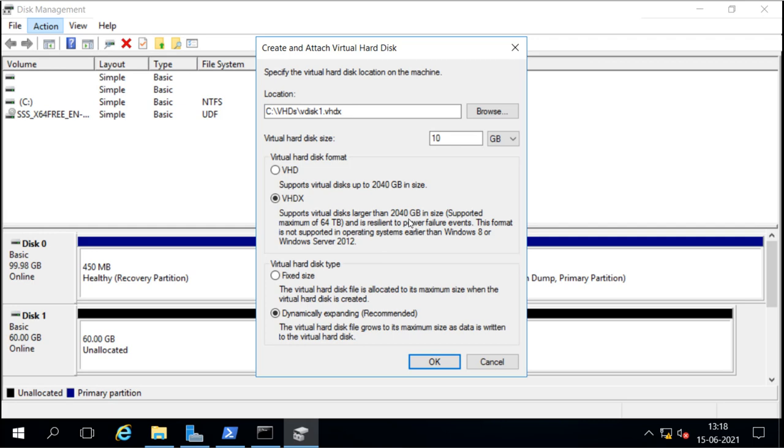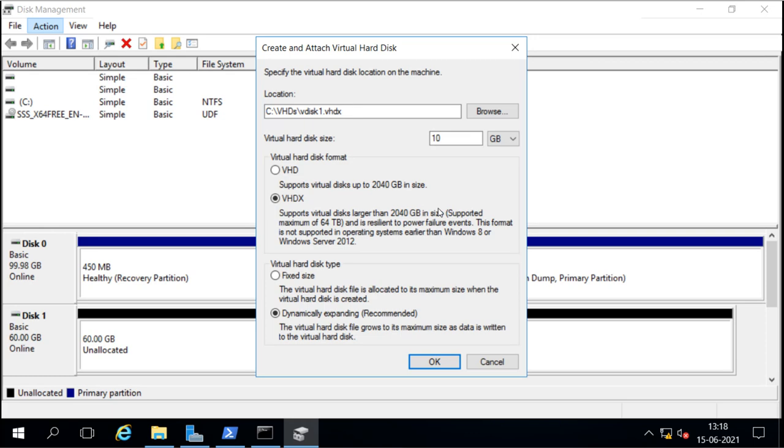This format is not supported in operating systems earlier than Windows 8 or Server 2012. This is the only problem with VHDX: it is not supported in Windows Server 2008, and also not in Windows 7 or any earlier operating system.